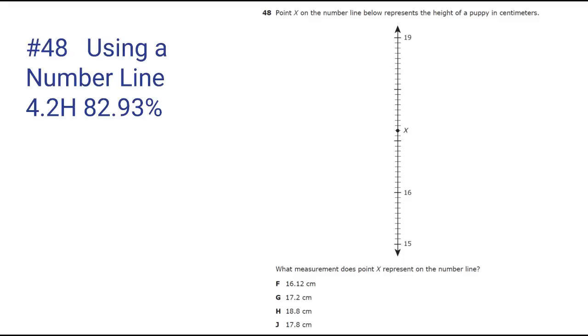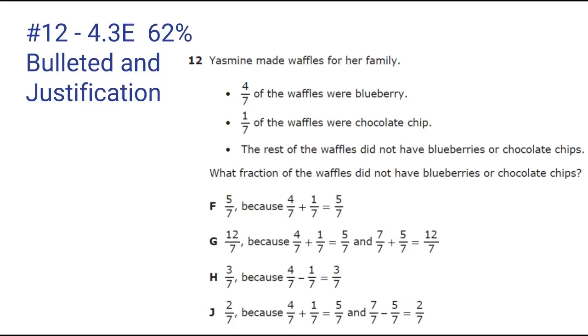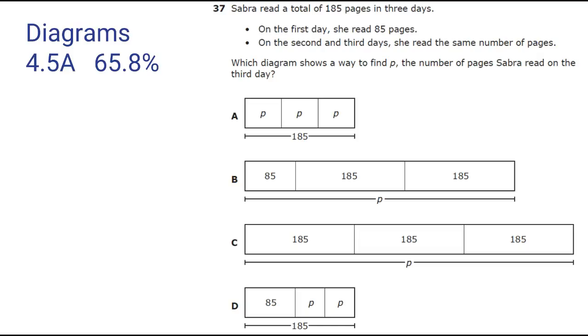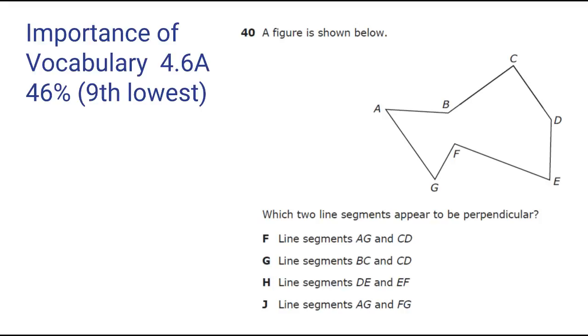Also, be aware of number lines. They could be horizontal or vertical, but the kids need to be familiar with them. Bulleted and justification: there are more bulleted items with our narrative questions, so be aware that that is a different format that we're seeing more of on all the tests. Diagrams are being used, and notice how this diagram is especially being used. Kids need to know what they mean and how to interpret them. Vocabulary is very important, such as knowing the words perpendicular and segments,